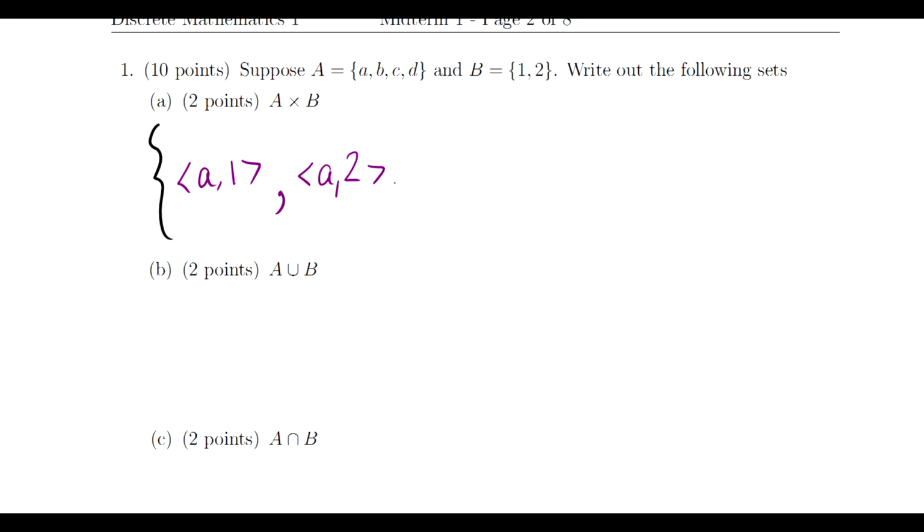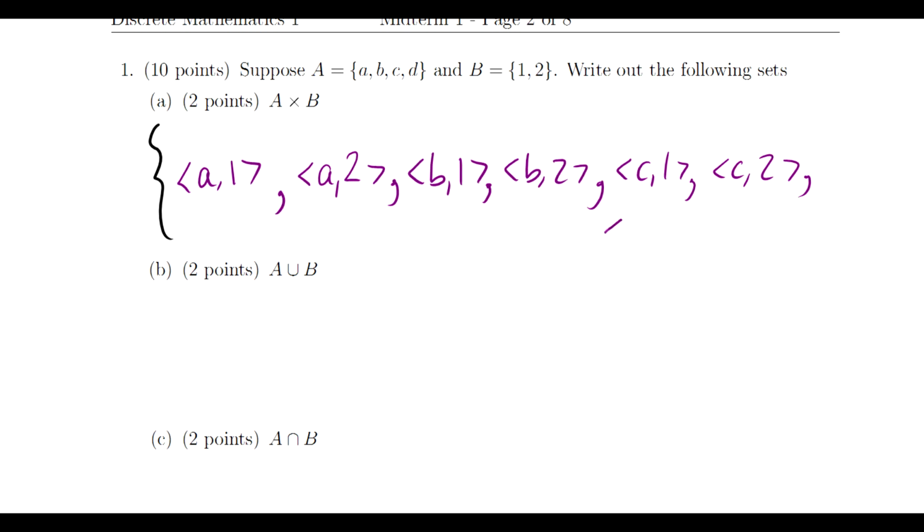So we have (a,1), (a,2), (b,1), (b,2), then (c,1), (c,2), and then (d,1) and (d,2). There are a lot of elements to write out, and it looks kind of messy, but it's just